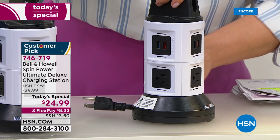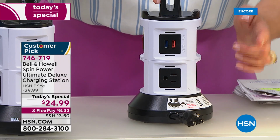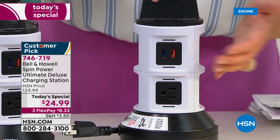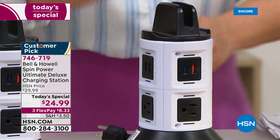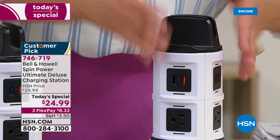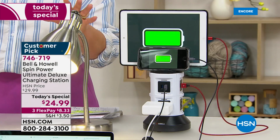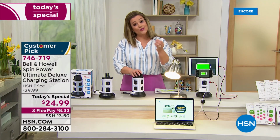So as you can see, you're gonna have 4 of those standard wall outlets, those AC ports, and then you're also going to have 6 of your USB ports, by the way, upgraded to also have that fast charging as well. You've got this nifty little shelf on top where you could put 2 phones, you can place a tablet in there. So not only maximizing outlets in your home, but then also clearing up a little bit of that counter clutter. And remember, this is not only a power station, but it's also going to be your surge protection